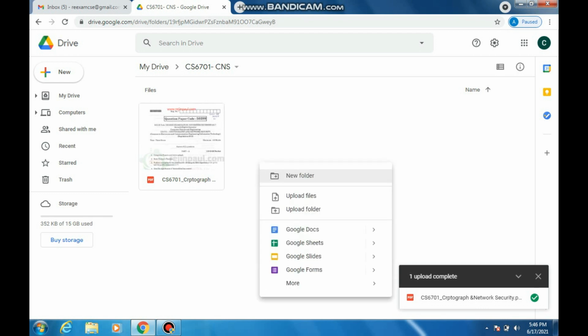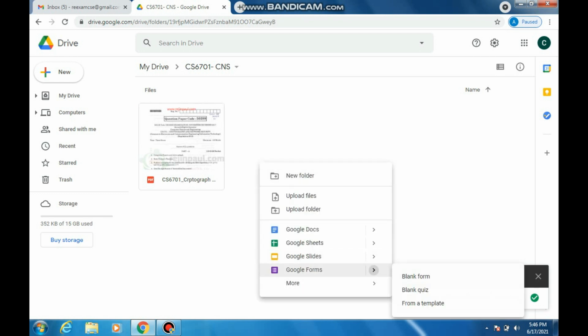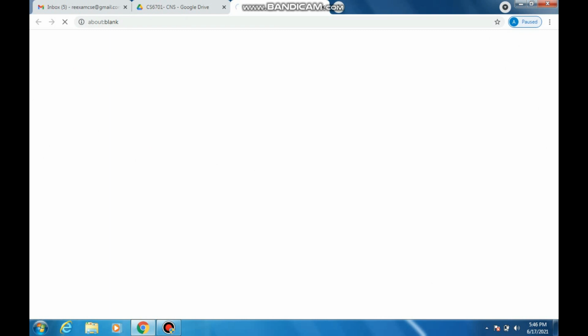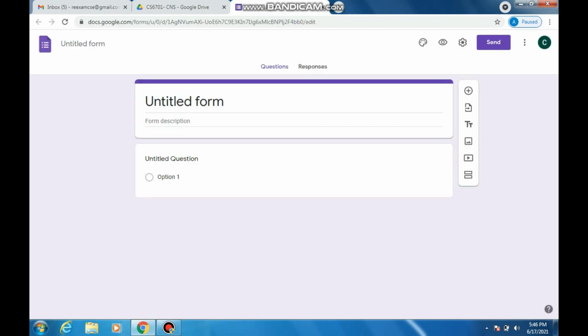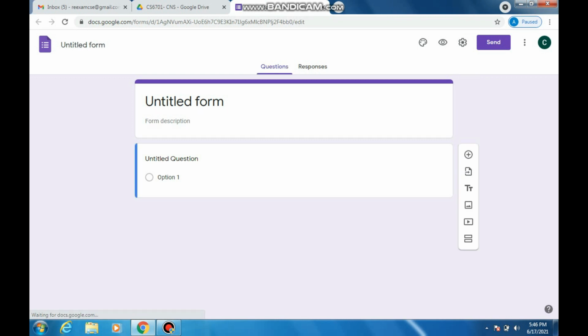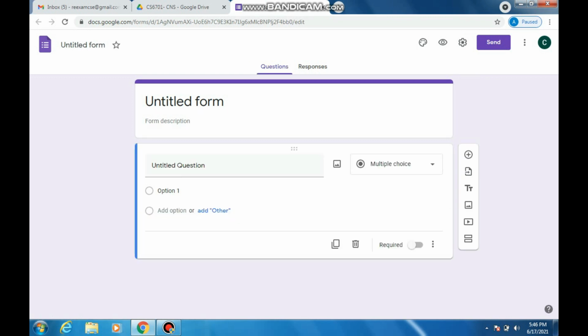Inside that we have to create a Google Form to give the question paper to the students. The necessity of this form is that we can get an attendance count. The examination will start by 9:30, so we can get the attendance count around 9:30 to 9:45. For those who have downloaded the question paper we will get a display, and this is very useful to cross check the answer script with the students who have downloaded the question.